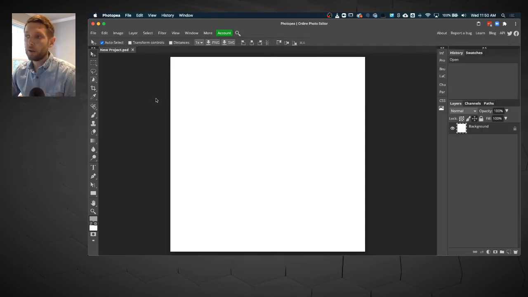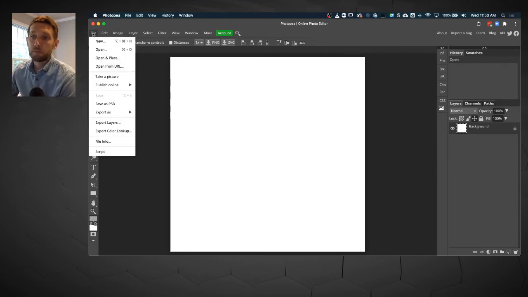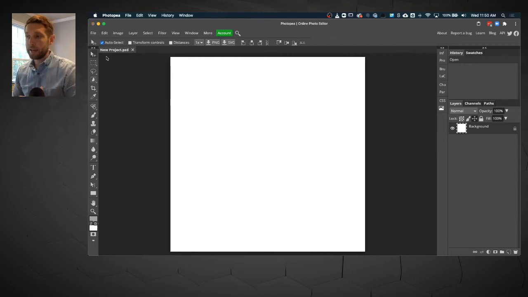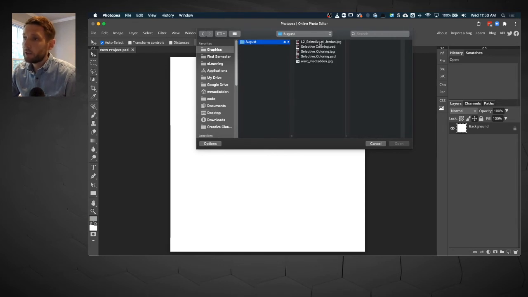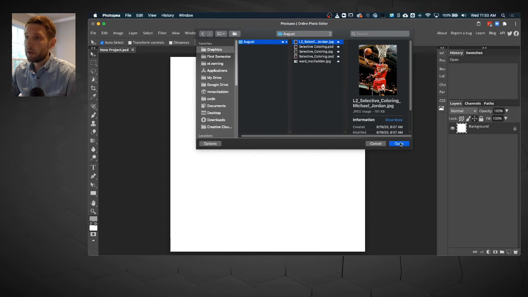So in this scenario, we have an image that is portrait. It's not square. It's not a 1-to-1 aspect ratio. We're actually going to use the Michael Jordan image that we used in a previous project. So we're going to go to open and place, which is going to put the asset into the canvas, as you are about to see. We'll go to graphics, go to August, and use that same image that we used before. We'll click open,